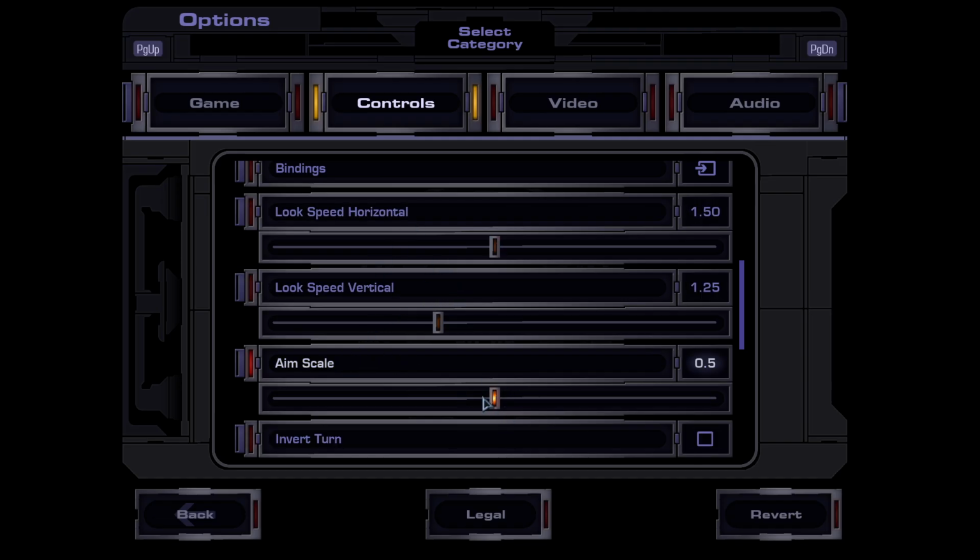When you're aiming, this is half of the normal sensitivity. For example, if I have, let's say, 2 on both of the options, the aim sensitivity will be basically 1. But if I raise it, for example, to 1, it's going to be the same sensitivity as the normal look speed. Once you've adjusted the sensitivity to whatever option you want, you can just exit out of the settings